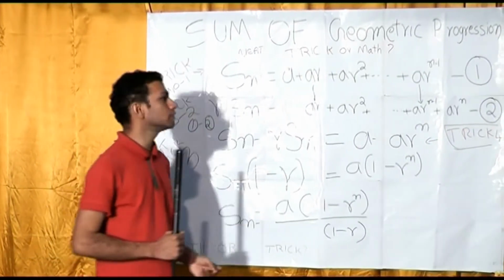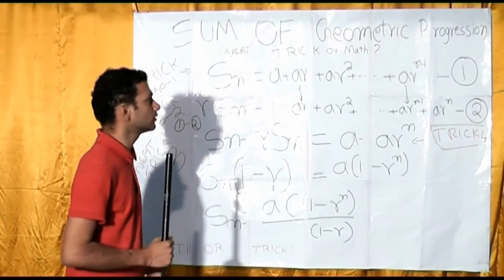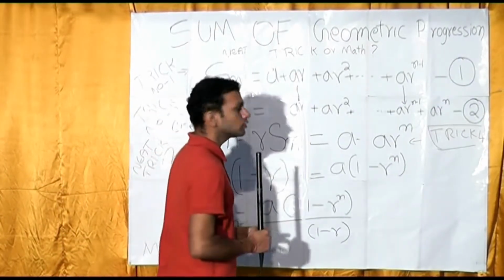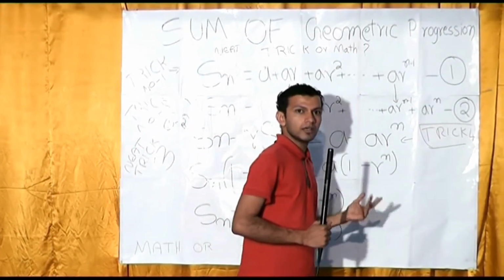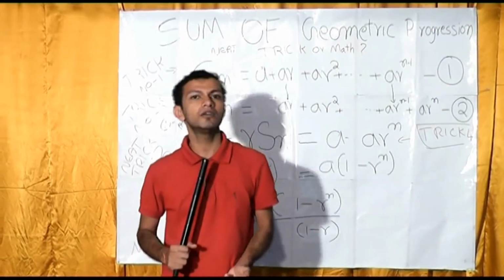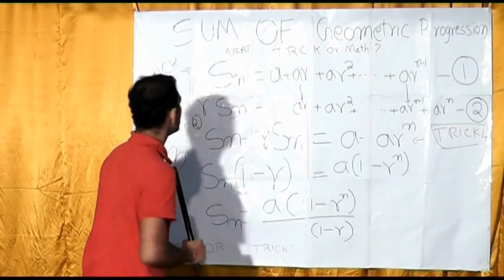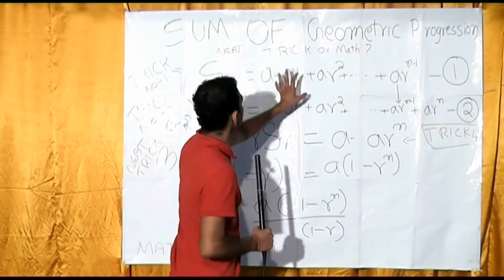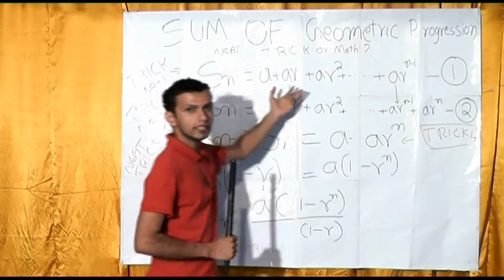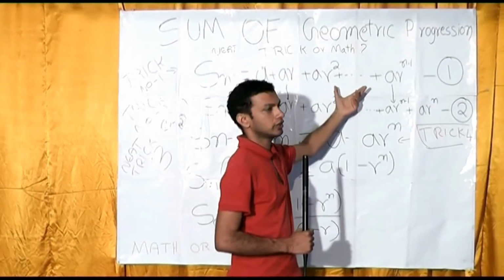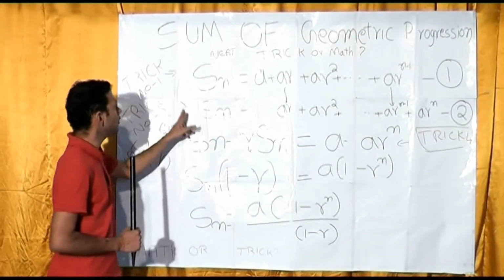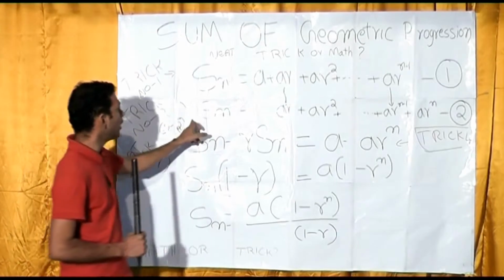Is this math or a bundle of tricks, learned by heart? It is a pure by-hearting method and requires memorizing several tricks, otherwise you won't get the formula. The first trick is that you need to assume the sum as Sn. Next, you don't simplify these calculations. Again, you need to memorize that you have to multiply r to Sn.